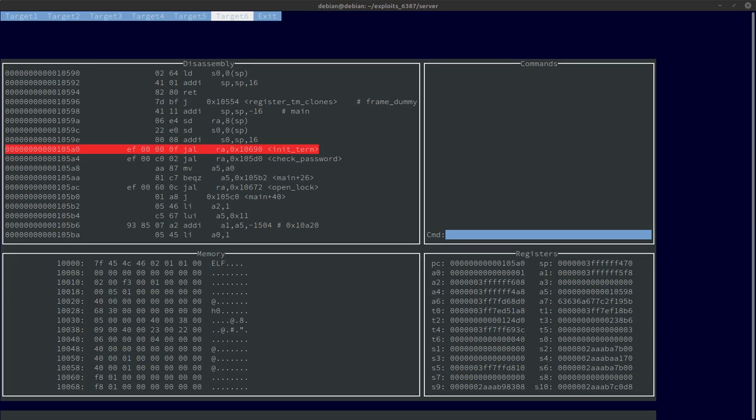So now we're going to look at how we might exploit target 6 if it was running on a different processor. The processor that we're using is a RISC-V 64-bit version, and I don't actually have a RISC-V board. They're still fairly expensive, at least to get one that's powerful enough to run Linux. So I'm using an emulator called QEMU, and I have a Debian instance that I can install on it,